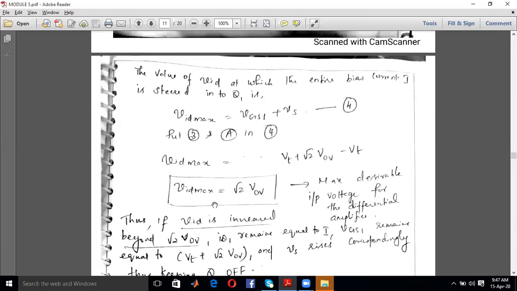So this will be the maximum differential input voltage that is sufficient for a transistor to be in the saturation region, or to steer the entire current I through Q1. At the same time, the current flowing through Q2 is 0. Similarly,